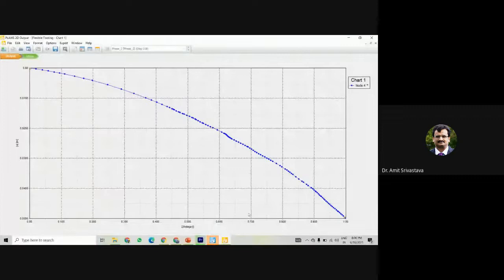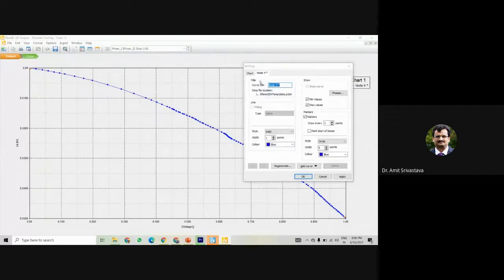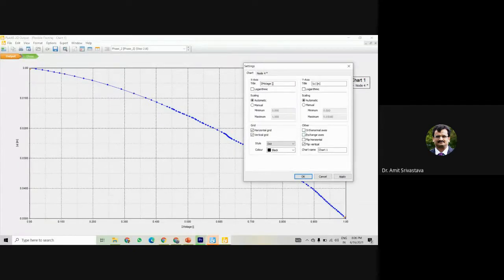Yeah. So now you see here, just zoom out. I just want to see what is written on the x-axis. Okay, this is the settlement on the x-axis, deformation on the x-axis is the load. You can just reverse it because it should start from 0 and then reach the maximum value. Okay, if you just reverse it.